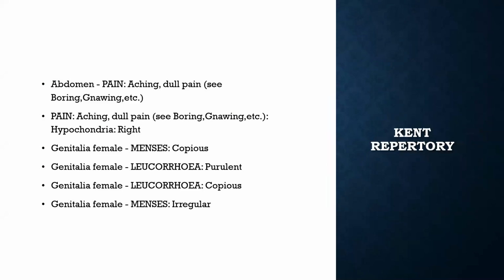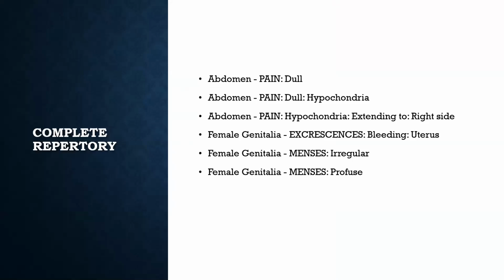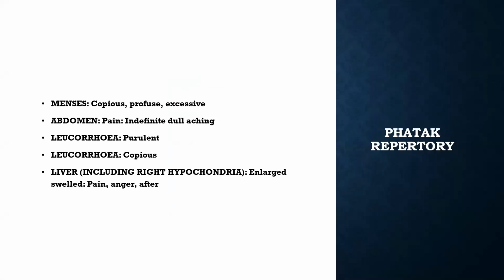Genitalia female, menses copious, leukorrhea purulent, leukorrhea copious, menses irregular. Basically, we are converting the symptoms which we have got into rubrics. In the Complete repertory, apart from the dull aching pain and the hypochondriac pain in the abdomen, we can see genitalia, excrescence, bleeding uterus, again menses irregular, menses profuse. Go to Phatak's repertory, you'll get rubrics like